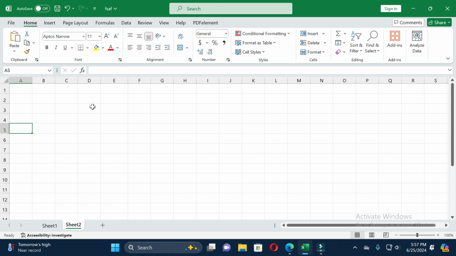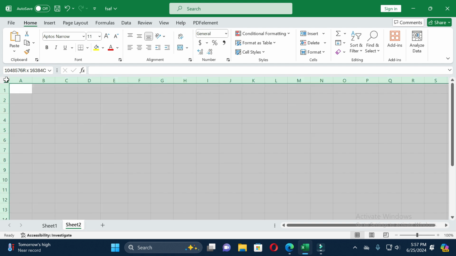So let's start. For calculating the total number of rows and total number of columns, firstly place the cursor on the upper left side of the spreadsheet. When you place the cursor on the upper left side of the spreadsheet, press the left side of the mouse and hold. When you press and hold the left side of the mouse, you can see the total number of rows and total number of columns on the spreadsheet. So you can see, in this way you can find the total number of rows and total number of columns in